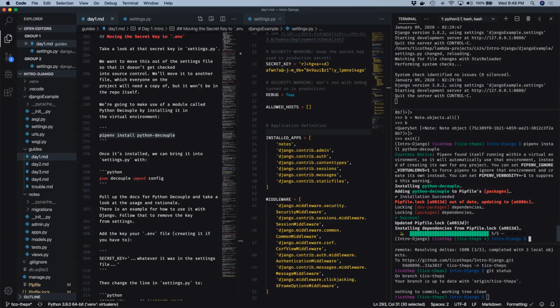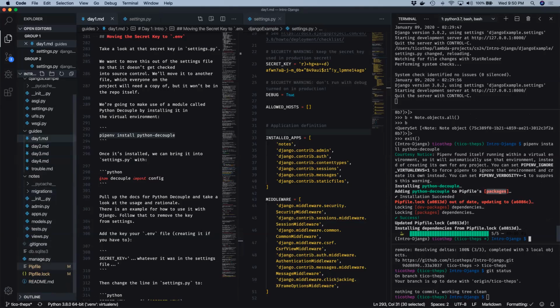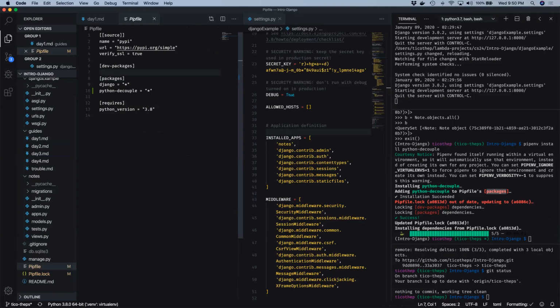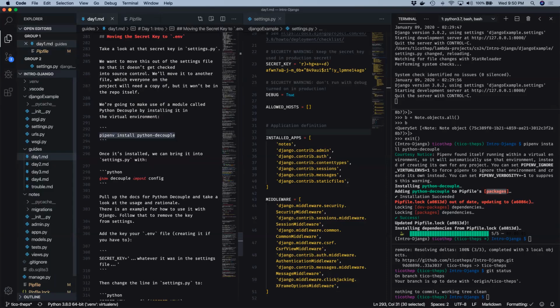Okay, so it looks like it successfully installed Python decouple, and it adds it to the Pipfile list of packages, right? And once again, this just keeps track of everything that you're using in this exact environment, in case somebody would want to download your repo and recreate the same experience on their local machine. It would tell them what exact packages you used so they could reproduce that same environment on their machine. Okay. So it says once it's installed, we can bring it into settings.py with from decouple import